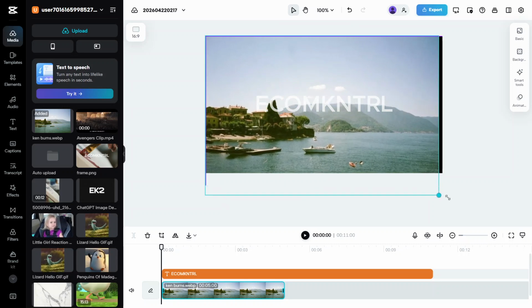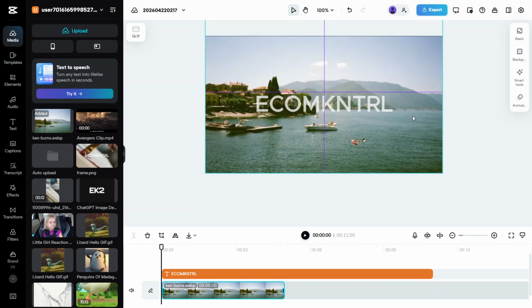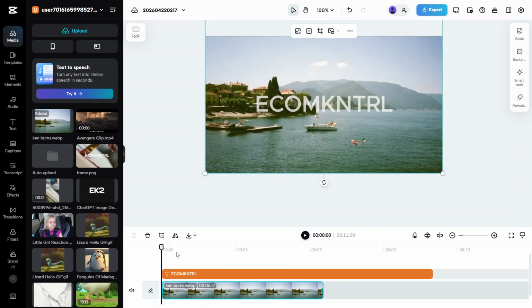If you want the image to stay on screen longer or shorter, go down to the timeline, hover near the beginning or end of the clip until you see a trim handle, then drag inward to shorten or outward to lengthen its duration. To actually create the Ken Burns effect, make sure your image clip is selected on the timeline,